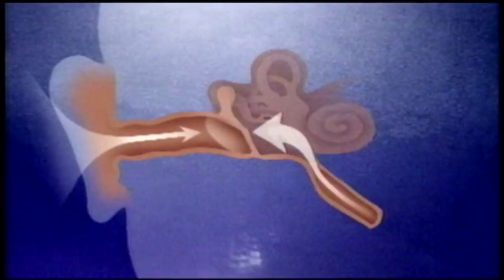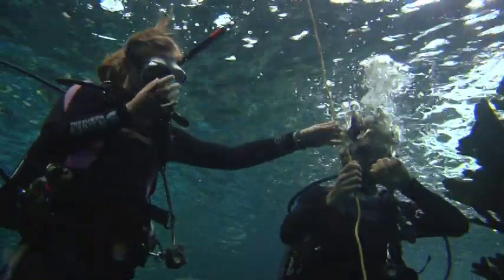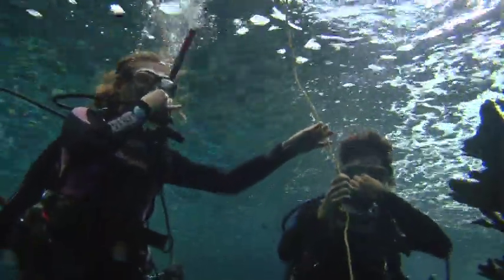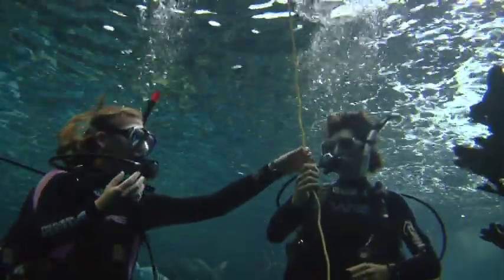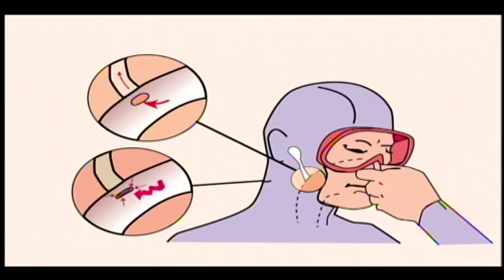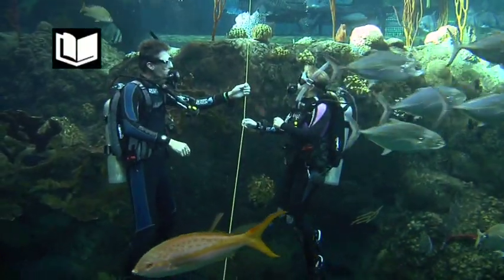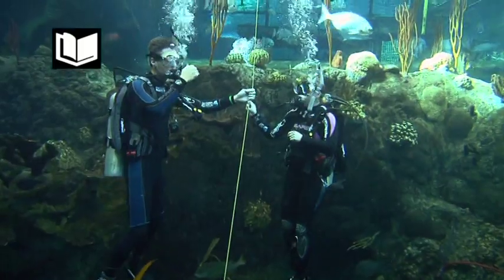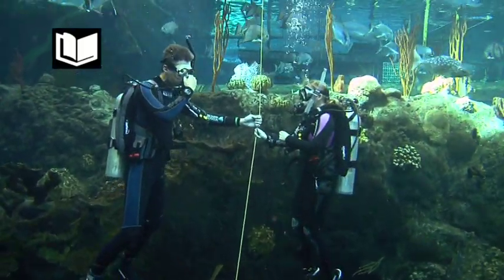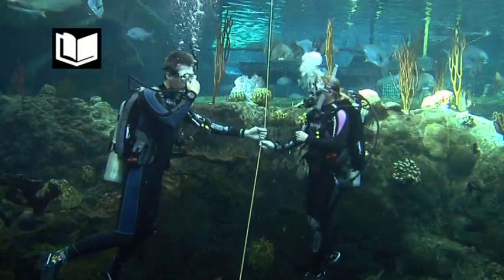The key to successful ear equalization is to keep the pressure difference between the water and the middle ear to a minimum. This means that you must equalize early and often, starting at just beneath the surface. If the pressure difference between the inside of your ear and the water becomes marked, the pressure will hold the eustachian tube closed. Once this happens, it is unlikely that you can do anything at depth to open the tubes. Your better choice is to ascend a few feet and reduce the pressure difference until the tubes will open, and then attempt to equalize again.